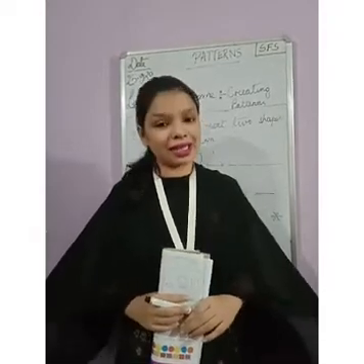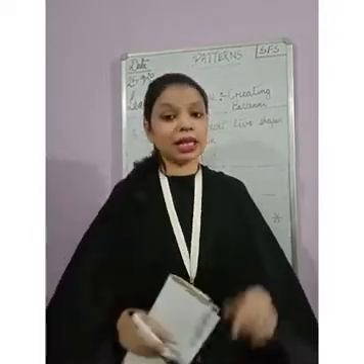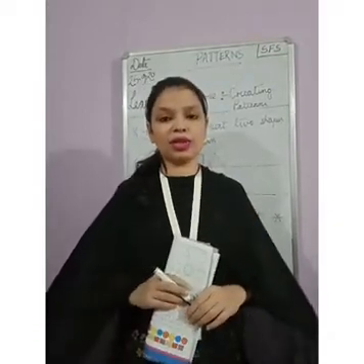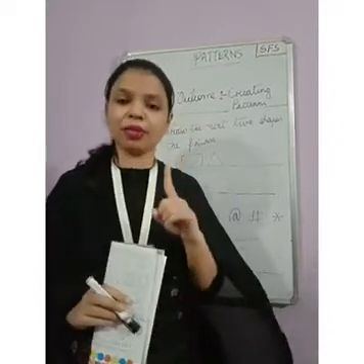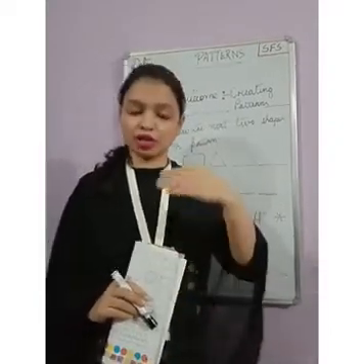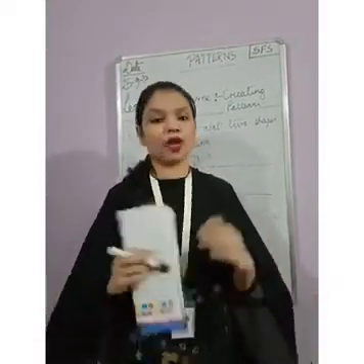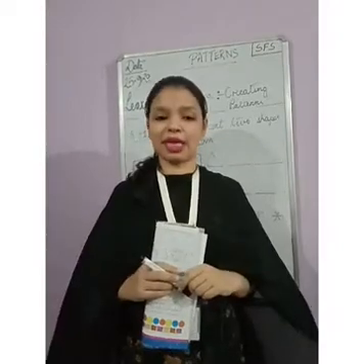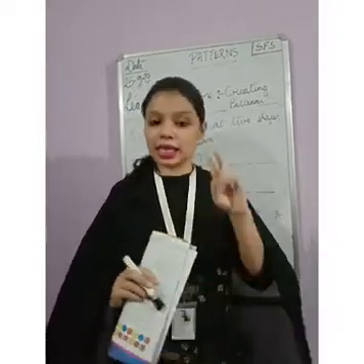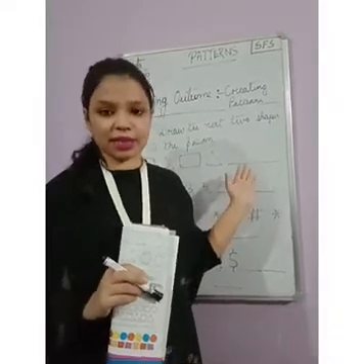The second is the basic shape. So what is the basic shape? The repeated parts of a pattern are known as a basic shape. A basic shape can be one shape, two shapes, or three shapes, and that group is repeated again and again. We have to identify from a pattern what the basic shape is. Alright children, these are the two main important topics we got in this chapter, patterns.